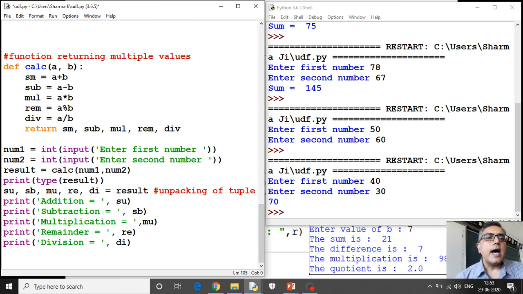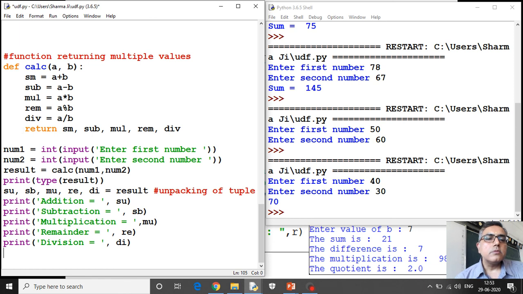Now see here, I have a function named calc which is supposed to receive two values. Then I have saved the result of addition in variable sm, the result of subtraction in sub, multiplication in mul, remainder in rem. I have created a simple calculator kind of function.